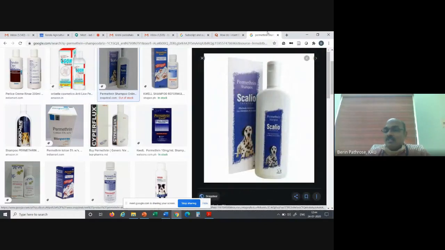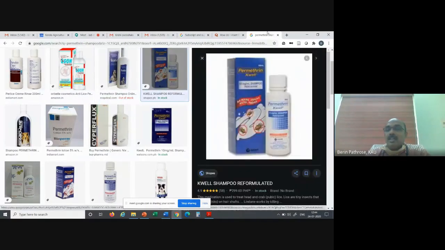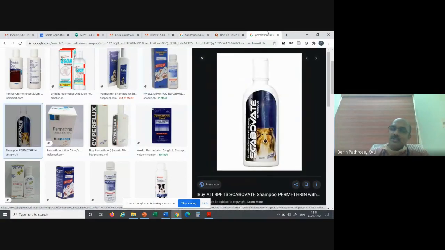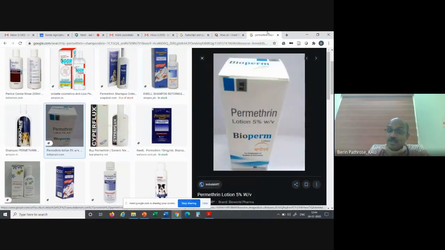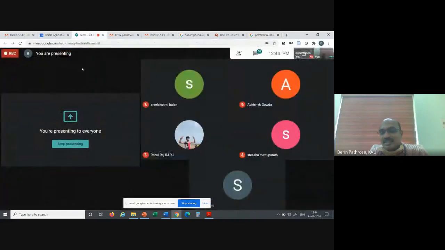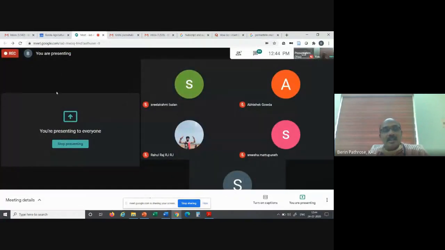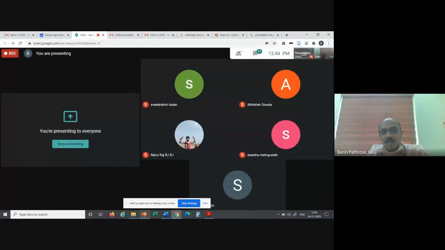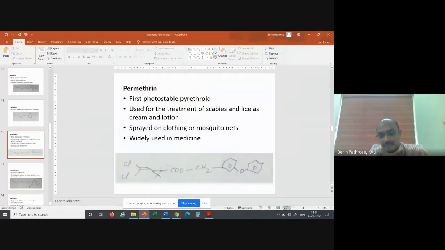All of them. This is for veterinary plasma lysine thing. Then this is the one. This is for dogs and all. So this is for humans. So this thing, it is readily available, and people are using it.